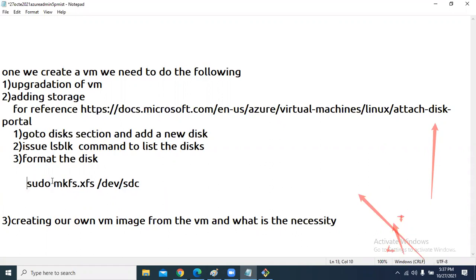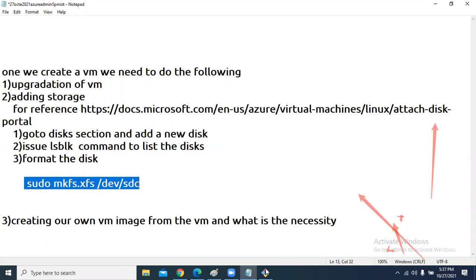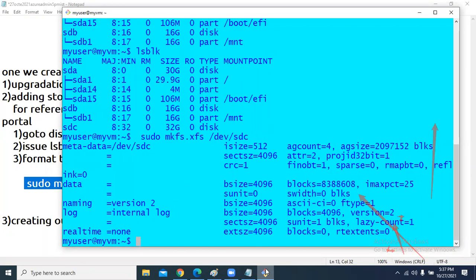Sudo means, as we are not root users, we have to add the sudo keyword. If you are doing this activity from root user, sudo is not required. So I am going to copy this. Execute this. My disk is formatted.